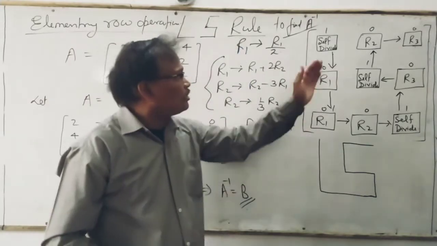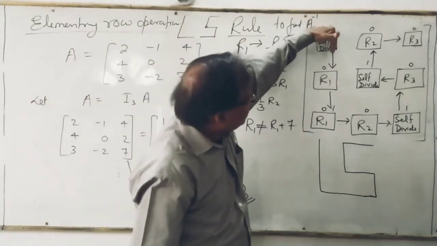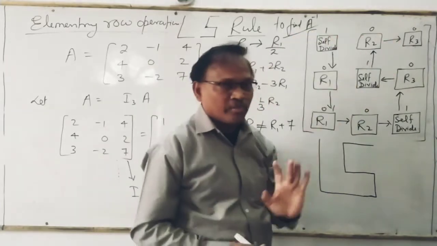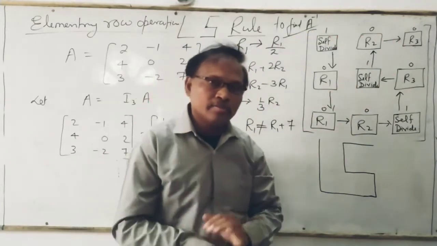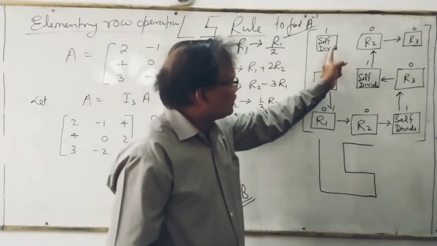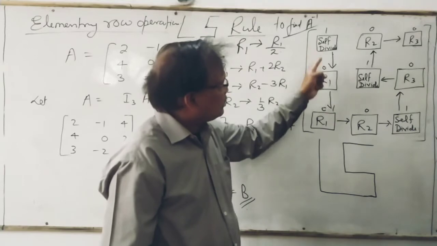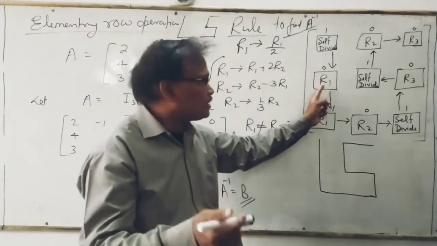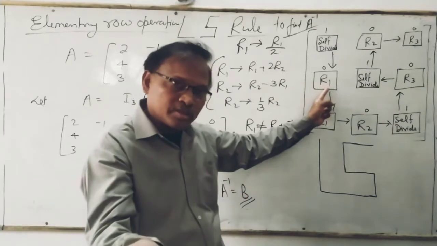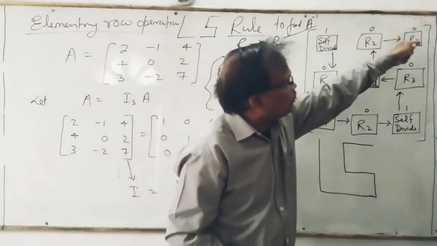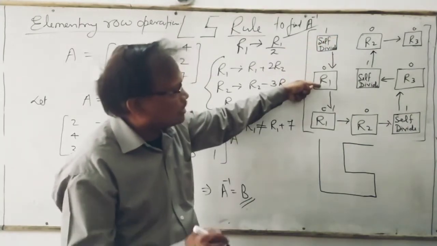Then you come in this direction, meaning now come in this direction, not go that way. I'll tell you why you follow this way. You take this element, because as it is 0, you have to make it 0. You have to change this element into 0. How to change it into 0? By taking the first row R1, in any way make this 0.